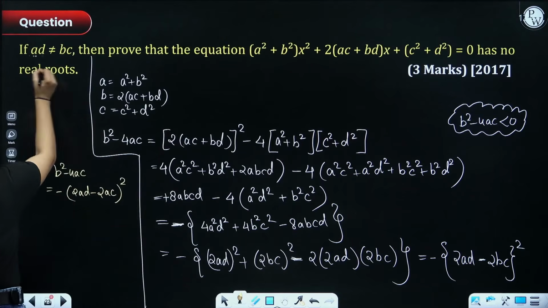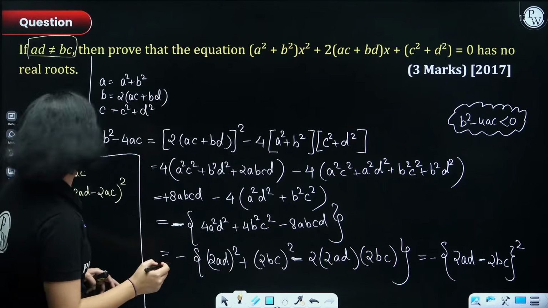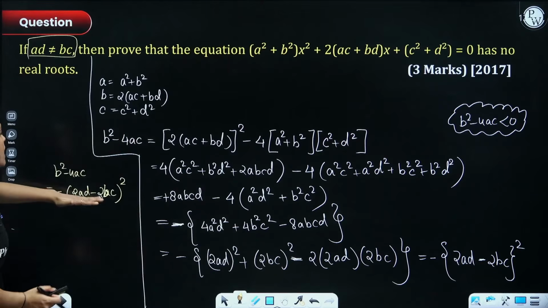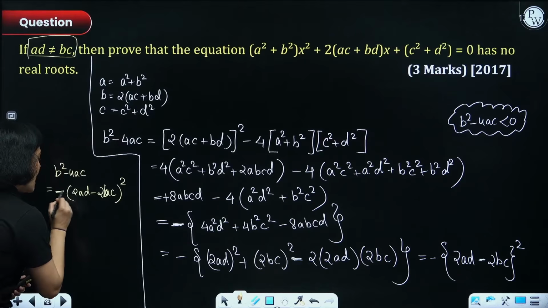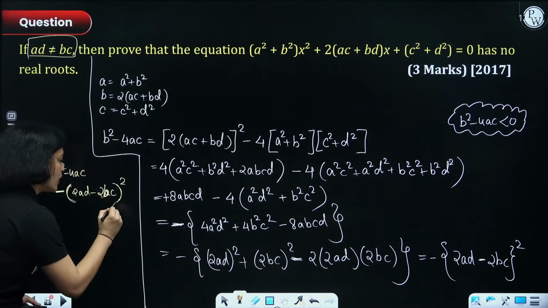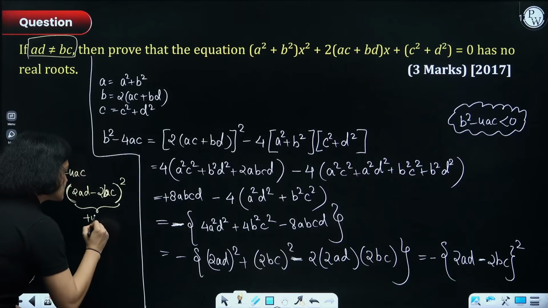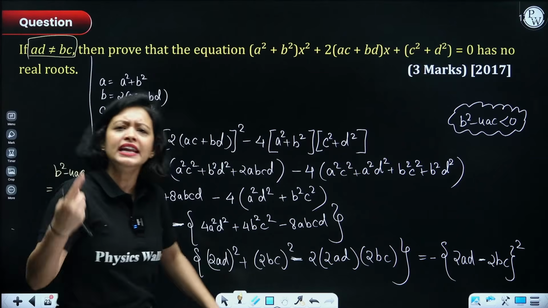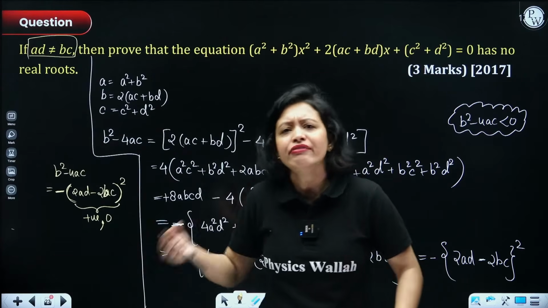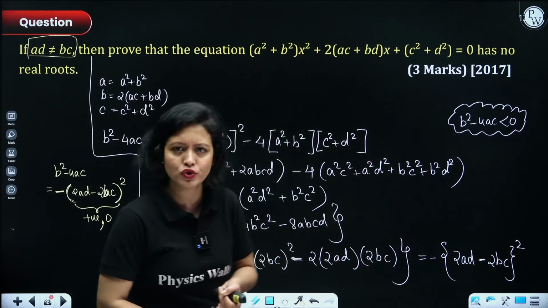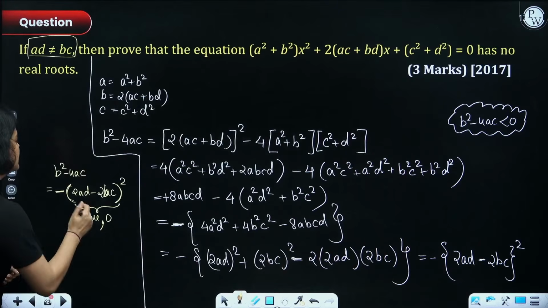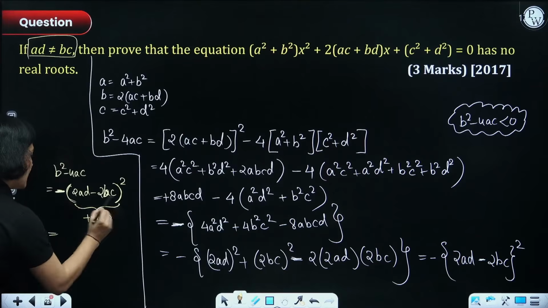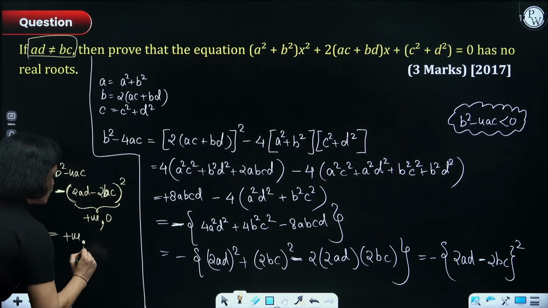Now look here at what is given, that AD is not equal to BC. This is BC, not AC. So now, first of all, everyone, think here. This value has a negative sign, and this here is a whole square. So this would either be positive or equal to 0. There's no other condition. This can never be negative, right? The square of any real number can never be negative. It would either be positive or equal to 0, right? So this thing here is either positive or 0, and there's a minus sign here.